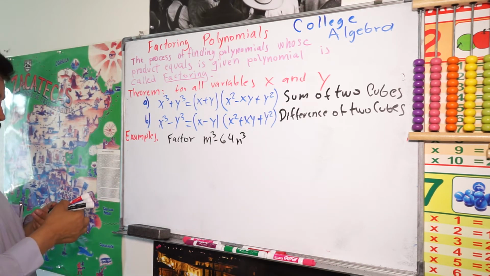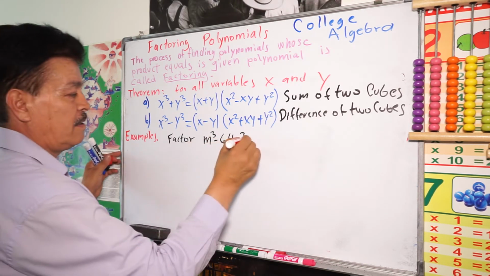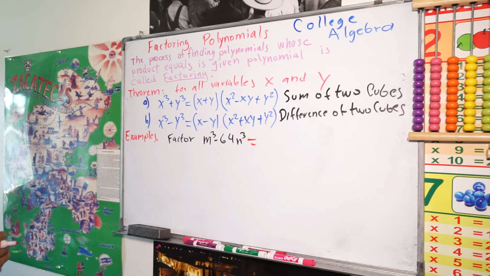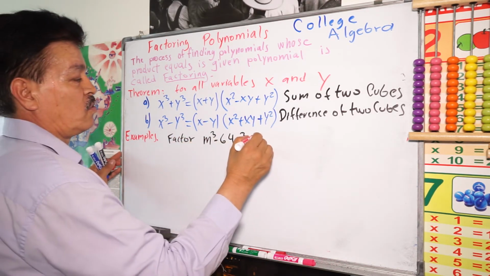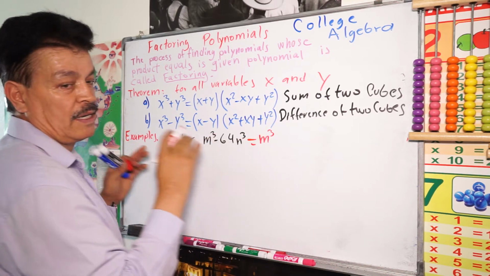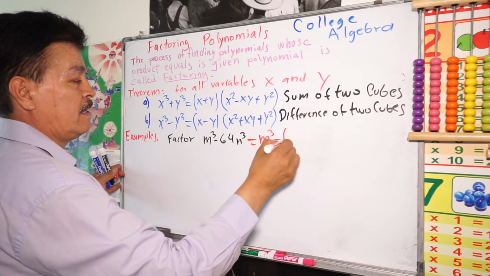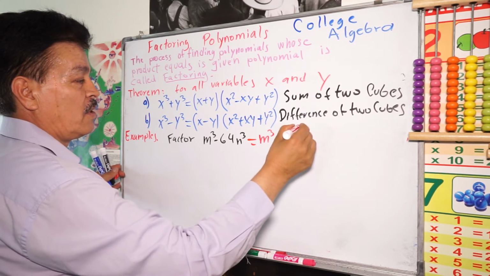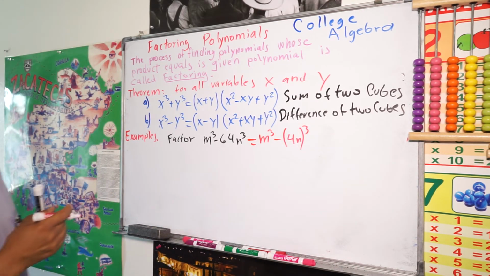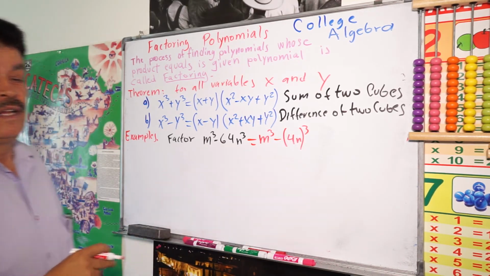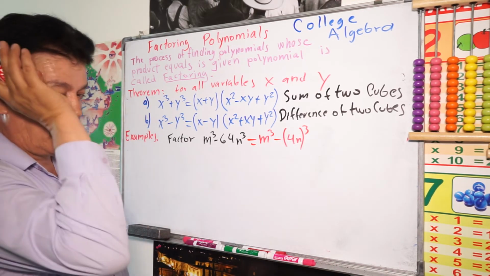This is going to be equals m to the third power like that, minus 4n to the third power. Yeah, 4 to the third power is 64. This is equals